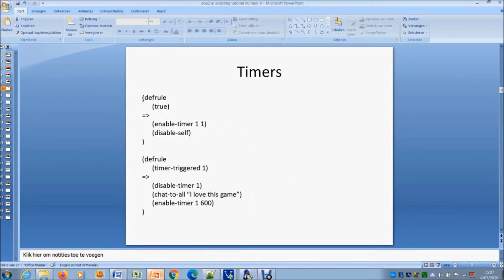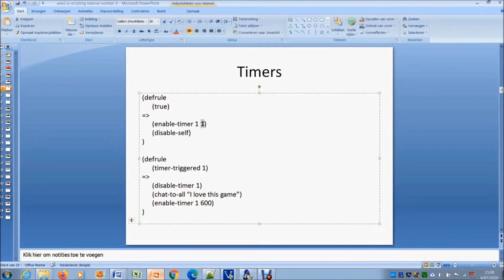So we can initialize a timer with a def rule which is true. Enable timer 1, which will trigger in 1 second. That's the second one. Disable self, otherwise it will keep re-enabling the timer for 1 second. And then after 1 second, the timer will trigger. We can test this with the fact timer triggered 1 because it's timer number 1. After the timer is triggered, we could disable the timer, so that this def rule doesn't get